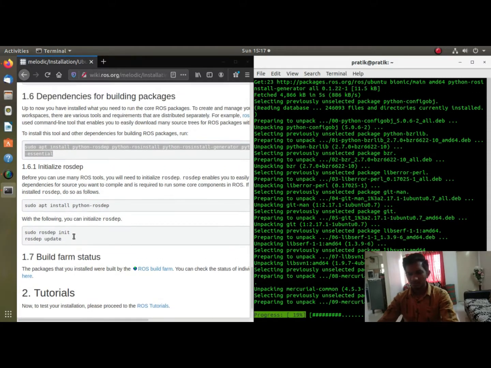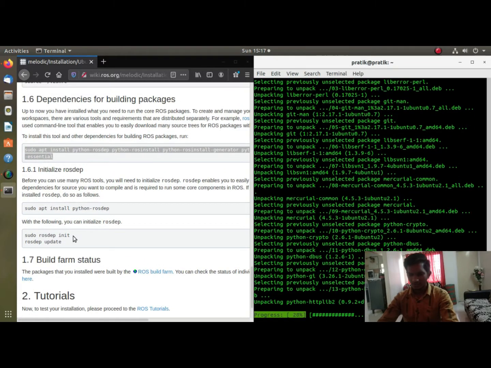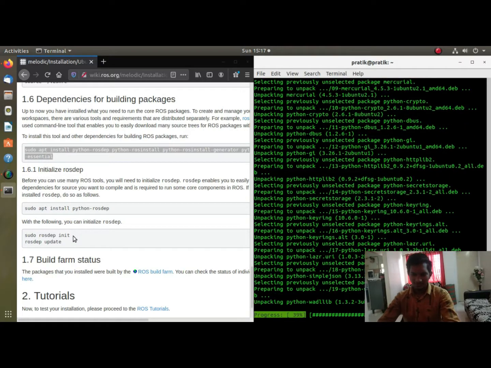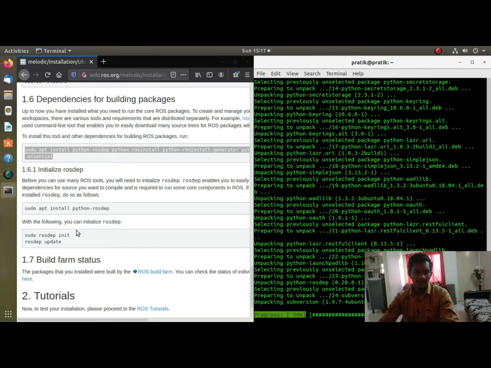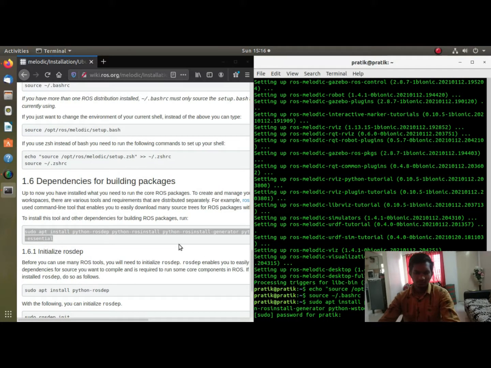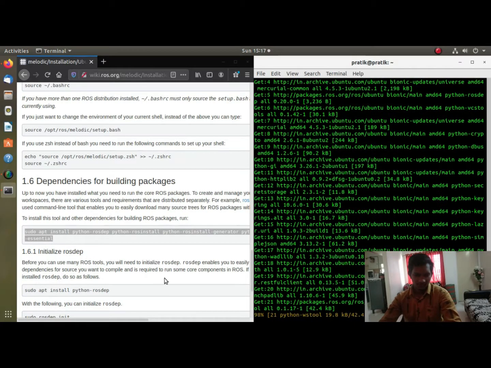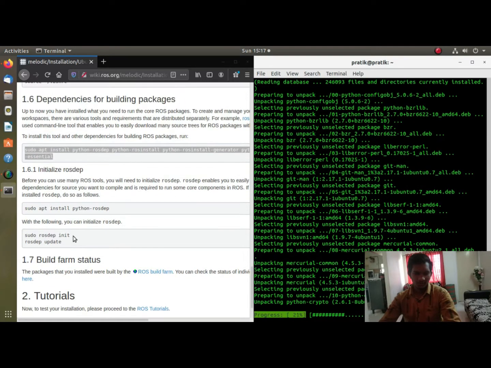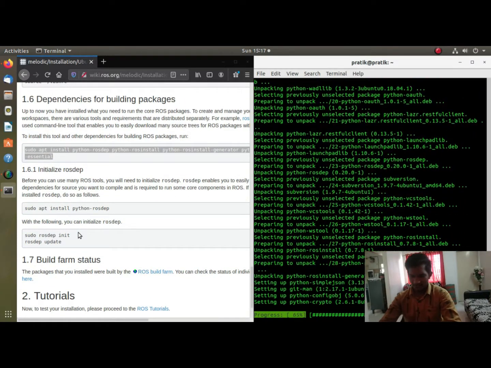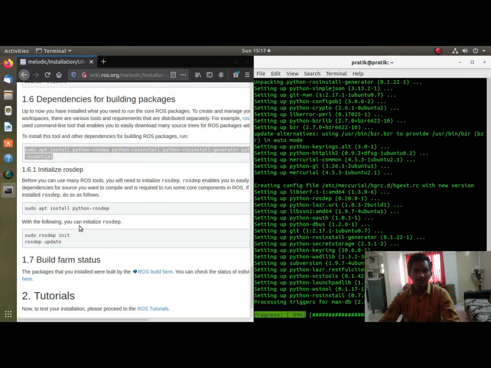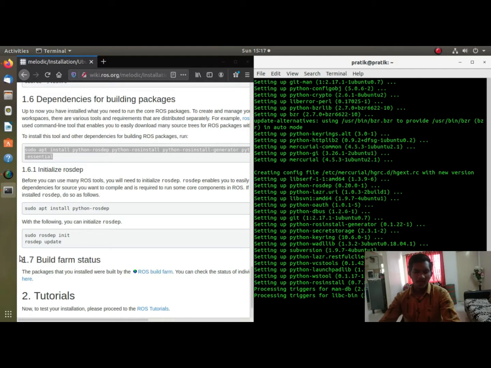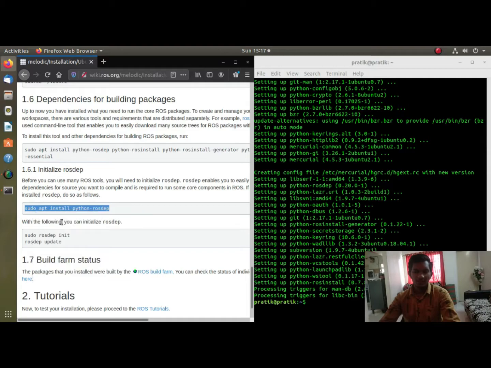It asks permission for that, and now it has started installation. It will take very little time, as it is a very small package, and after that everything is done and you have cleanly installed ROS, and you can see how it performs. I'll explain all the things you'll need in this series, and how you can learn all the ROS basics. Everything I'll be covering in this video series.